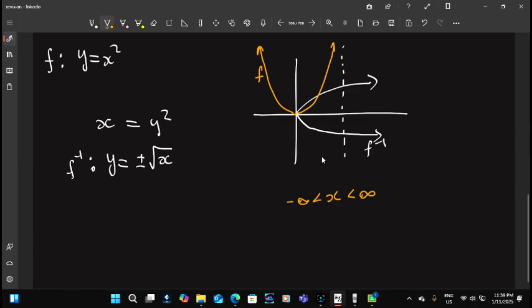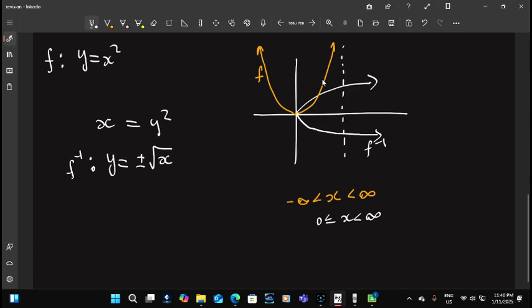And the domain of the inverse of f, we can see, is from 0 to infinity. So we are going to restrict the domain of the original function